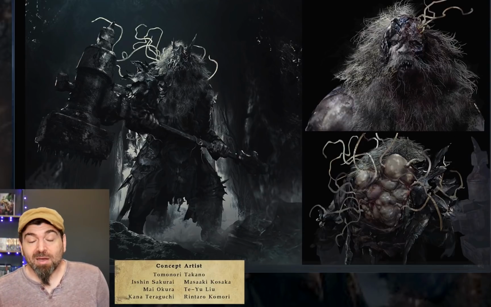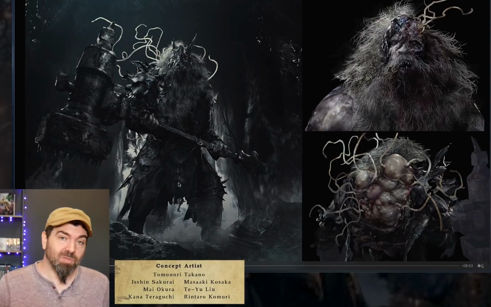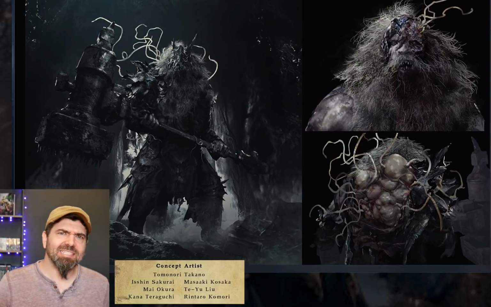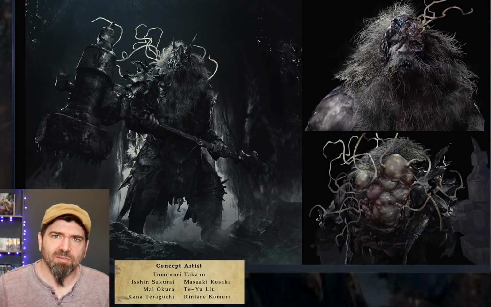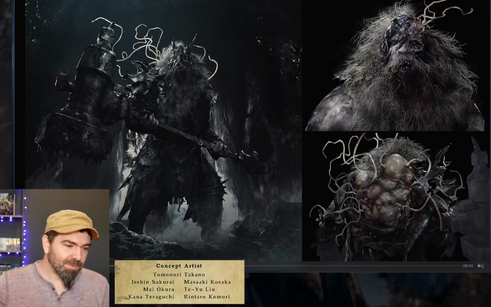props to the Capcom modelers, because a lot of times modelers will fight back and they'll say, no, I need to see the details of what his belt buckle looks like. And it's like, do you though? Because that's not the stuff that's going to really sell the executives. Anyway,